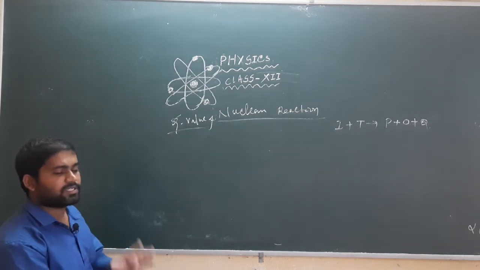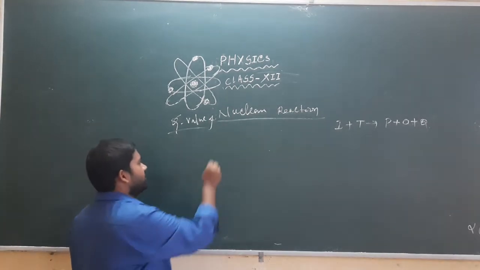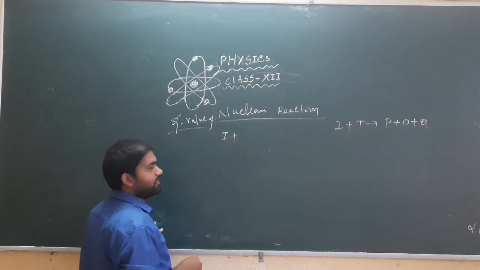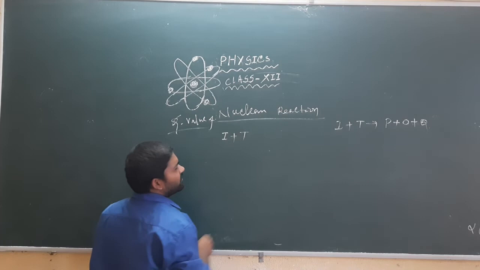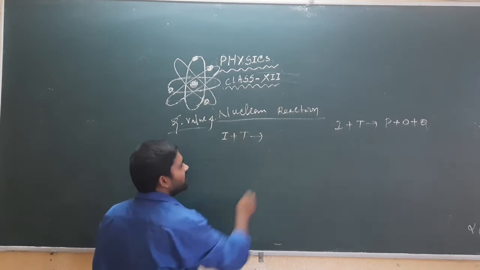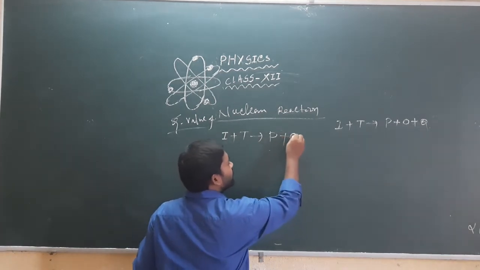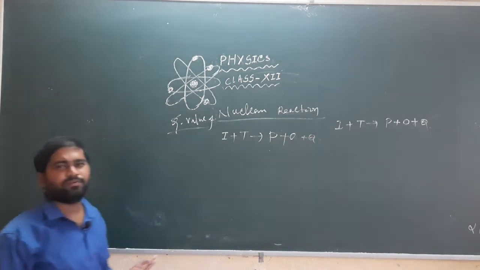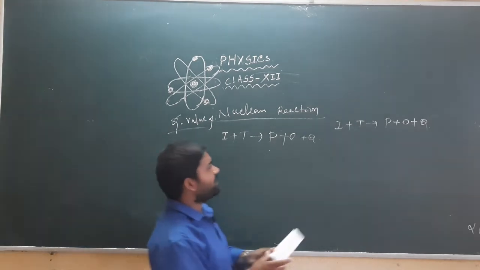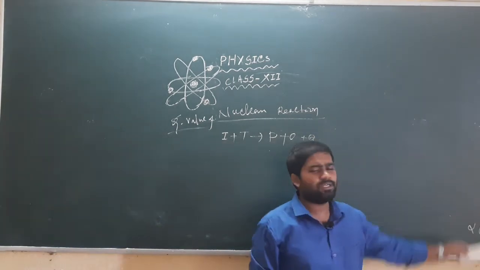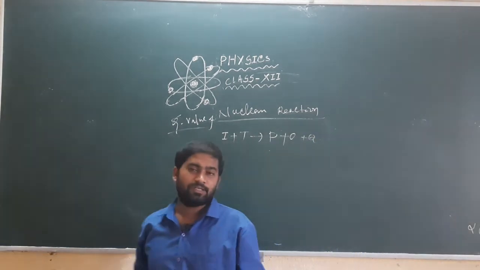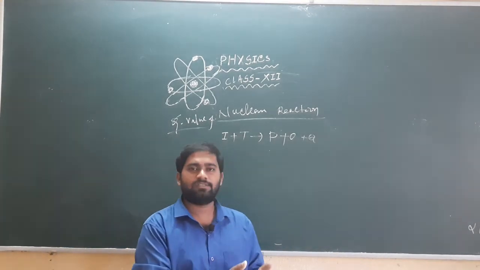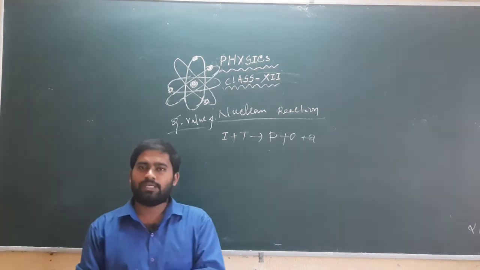So what is the scheme? Generally, the scheme of a nuclear reaction is an incident particle plus a target nucleus, with emission of a product and some outgoing particle, and there is a Q value of energy. When we measure the Q value, we just have to measure the difference in energy between the incident side, or reactant side, and the product side.